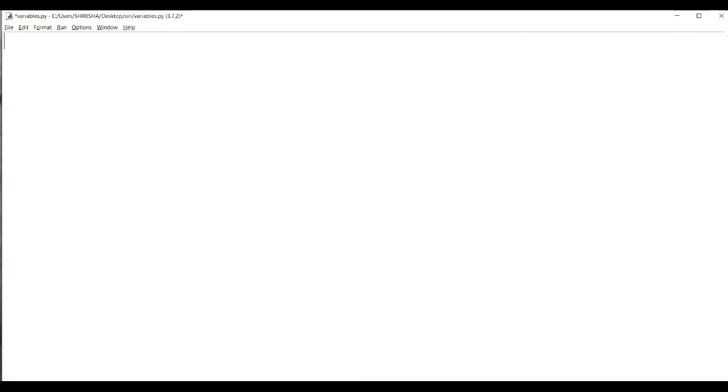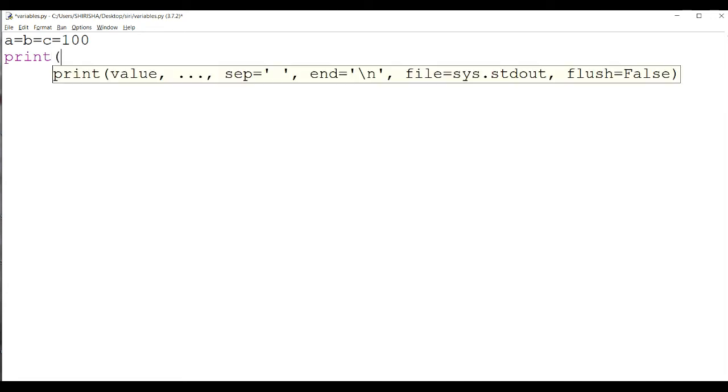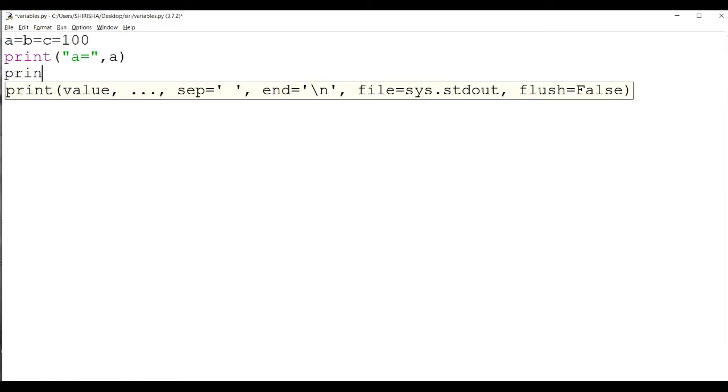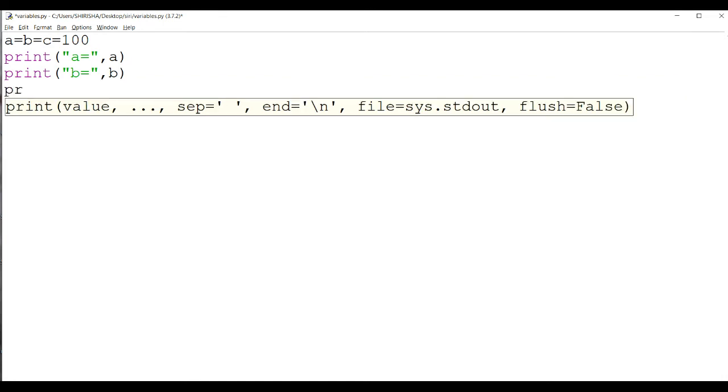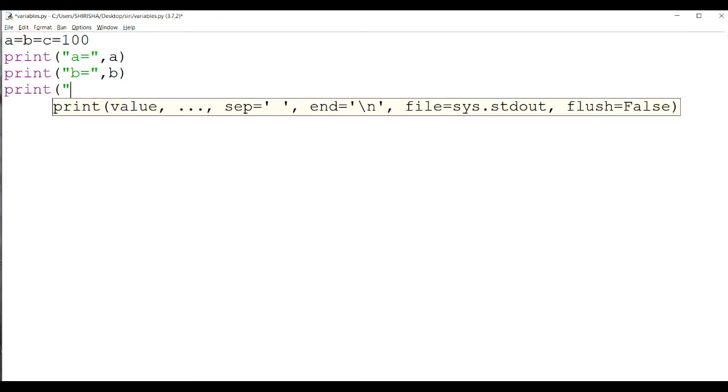That can be done by using a equal to b equal to c equal to some 100. Print a value, print b, print c.